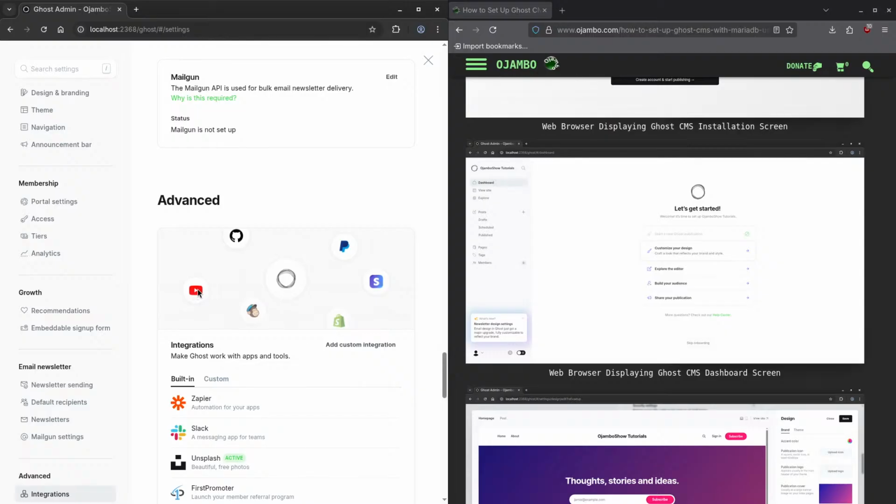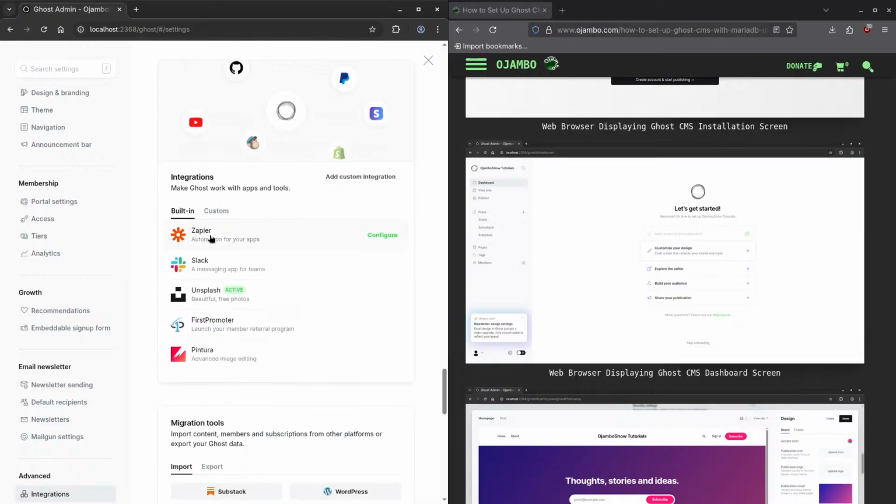You can see this button here. I wonder what social media that one is. Obviously this one is GitHub, this is PayPal, this is Stripe, this is Shopify. I think this one is MailChimp. I'm not familiar with this one. Is that Ghost? I think this is Ghost. Hey, pretty good. And then the others like Zapier, Slack, Unsplash, First Promoter, Pinterest, and you can obviously add